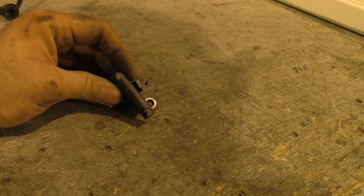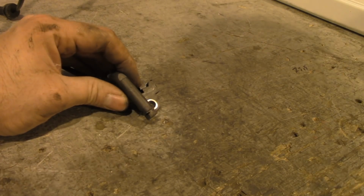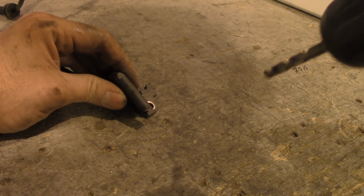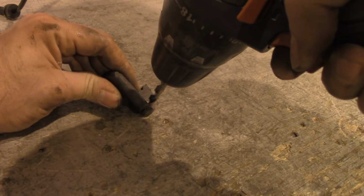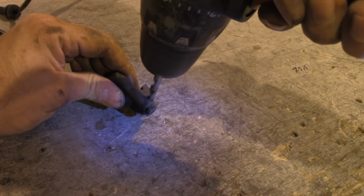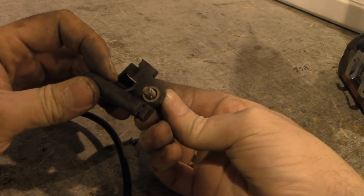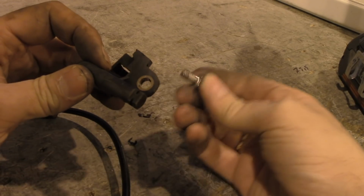Okay guys, I actually see the way out of this situation, and I'll try to do that, because I believe that 0.5 millimeter is too little clearance and heat expansion will destroy the sensor eventually. And that is what I think happened to my old sensor that I have replaced as well. So I will need to remove the threads from this part, and then hopefully now the bolt is going easily through, and there is some space that I can use to adjust the sensor's